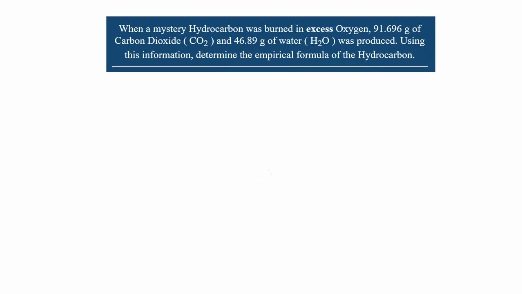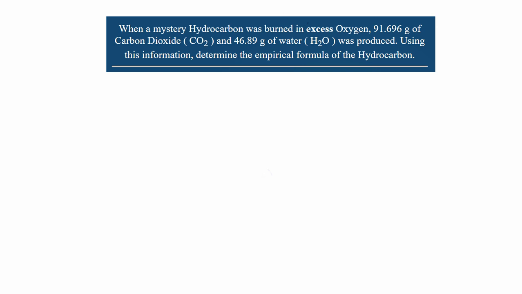In this question, we've been asked to determine the empirical formula of a mystery hydrocarbon. Within the question, we've been supplied various pieces of information about the hydrocarbon, such as the mass of carbon dioxide produced, as well as the mass of water produced. We've also been told that the hydrocarbon was burned in excess oxygen. Now, how would I approach this? Well,